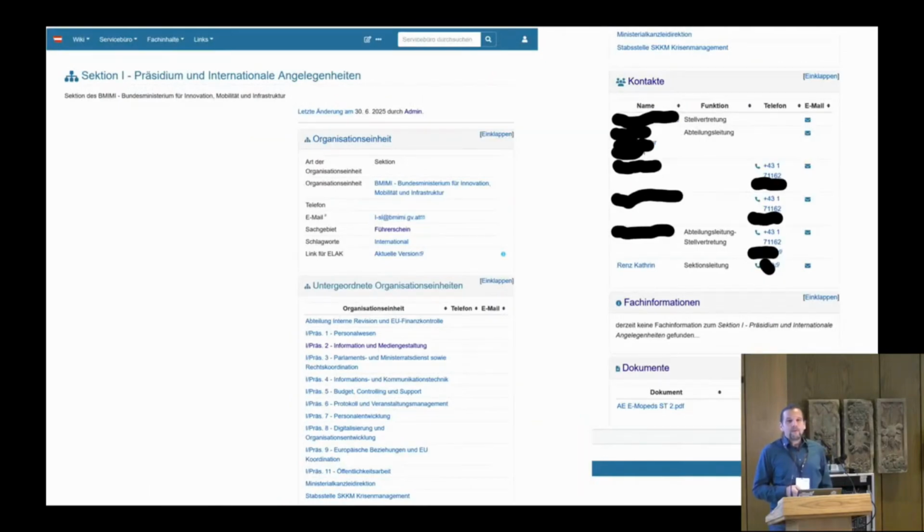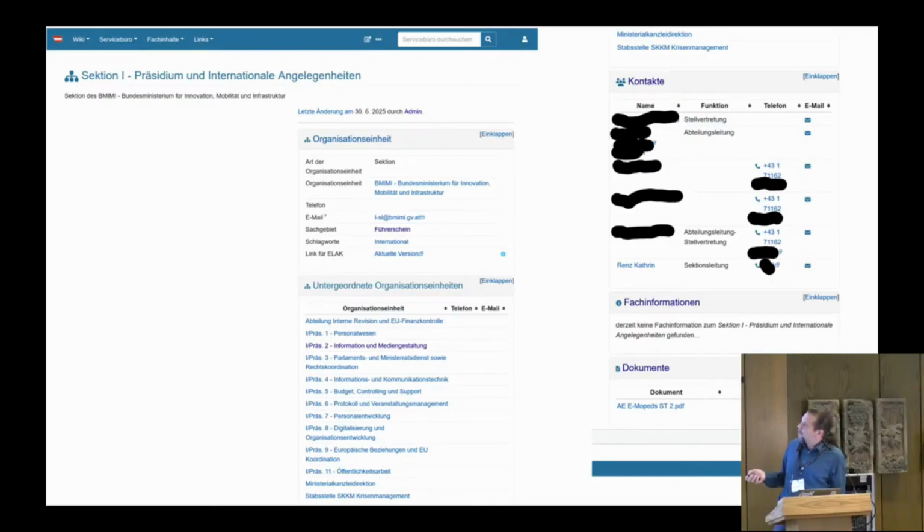What's also interesting very often is that even if the organizational structure should be known inside of the ministry, and it is known, it is something that people want to have in their wiki because they want to relate topics and information to the right organizational units. So we really have all of the organizational units in the ministry in there, and there we have the main information about the organizational units.